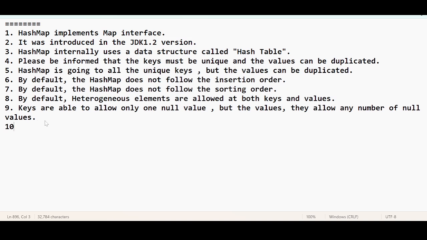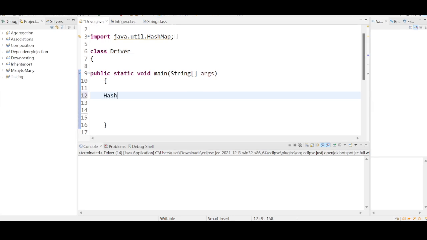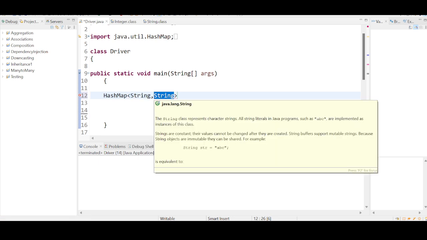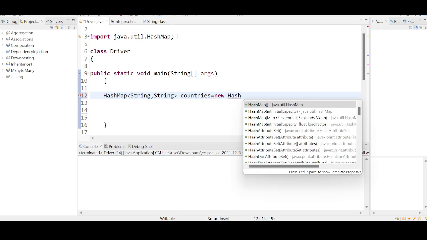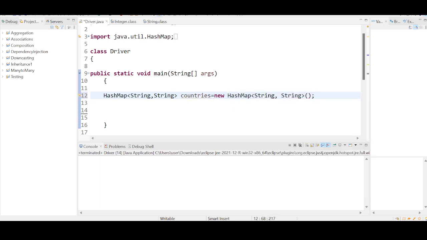And the 10th point I can say is capacity. When I am talking about the capacity, for example, if I am creating a constructor for the HashMap, I am taking two generic types of String type. One generic type represents the key, the second generic type represents the value. I want to store some information about the countries. I'm creating an object for the HashMap itself, right? So the moment I do this,